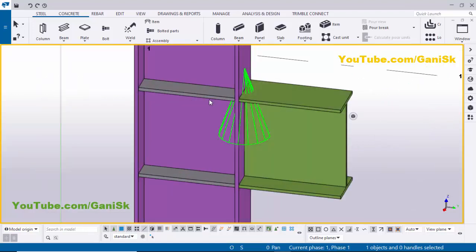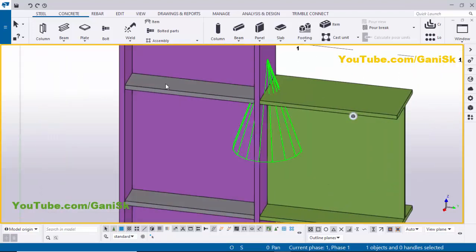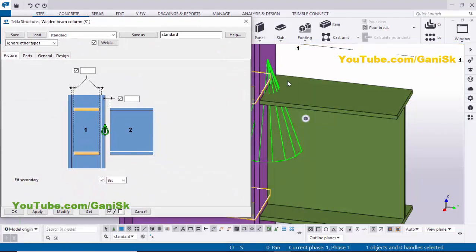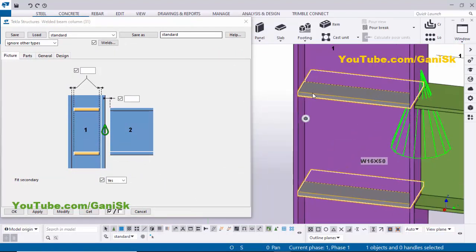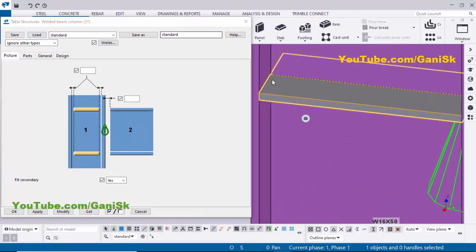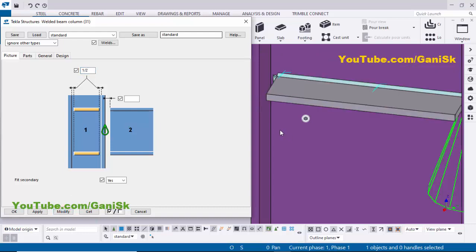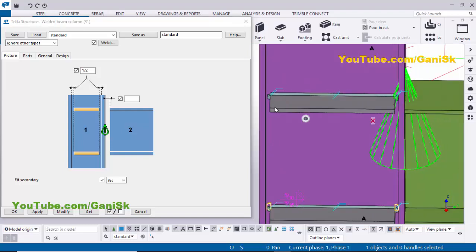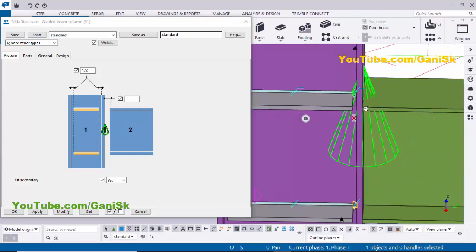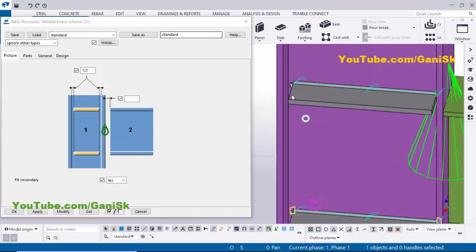Now I'm going to edit this component to change the thickness, length and width of the stiffener as we require. So double click on this stiffener. You will get this window like this. By default, you will get this stiffener width and length up to the edge of these flanges. If you want to give a gap between the stiffener and the flange edge, then you can enter it here. Let's take half inch. Click on modify. You can see now we have a half inch gap between the stiffener and the flange inside surface like this. By default, we will take up to the edge of this flange. So remove this dimension, then click on modify.